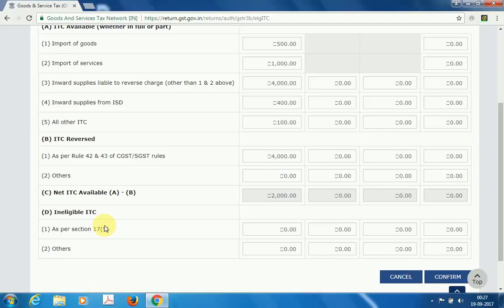Suppose you are taking any kind of beauty treatment and tax had been levied here, then you cannot take credit here. If you have taken any membership, then you cannot take credit on tax paid on that membership, and various other items are there. Suppose you are taking food supplies for your office, your staff is taking snacks, and some tax must have been levied on that, then you cannot take the credit of the same. So total 12 categories are there, so we will understand this in a separate video. So 17.5, just read it carefully and don't take any credit. Here government is asking for disclosure purpose, so we need to be very careful.